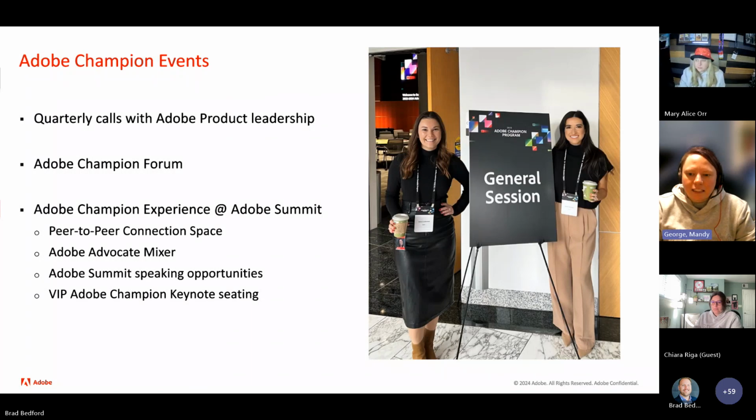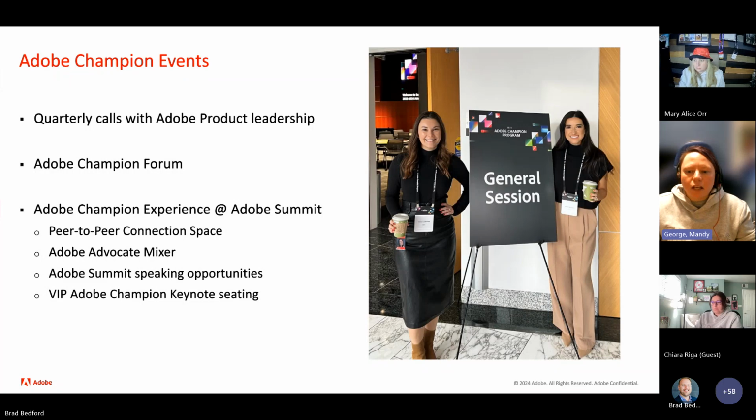There was also the specific champion breakfast as well. On Thursday morning, they gave us all a nice special breakfast, which again is another great way to have that time carved out to interact with the other champions from your group and from the other groups as well. Because one of the things that is really great at Forum and at Summit is getting to talk to people from the other products. Like I've met so many people from the AEM and the Marketo side that I never would have met otherwise.